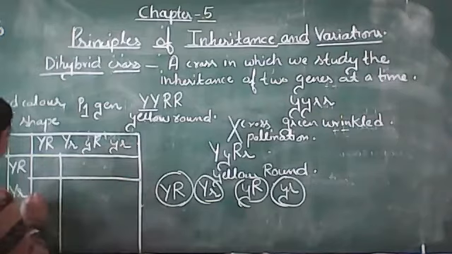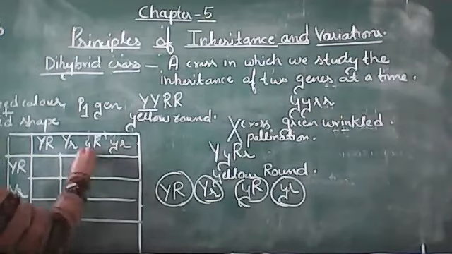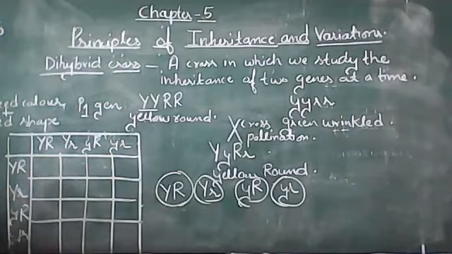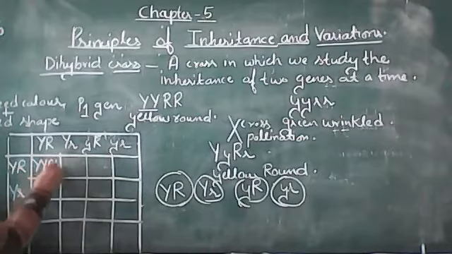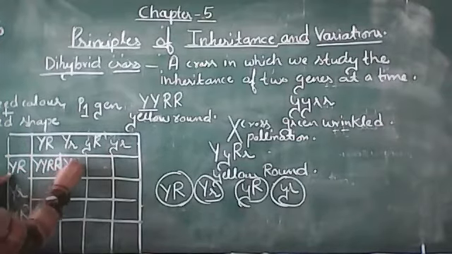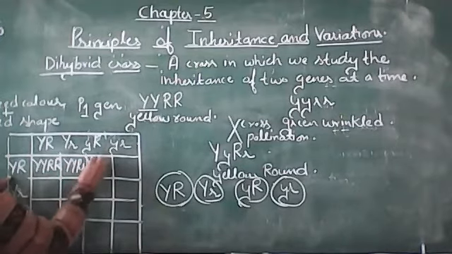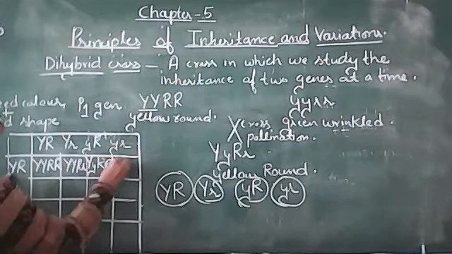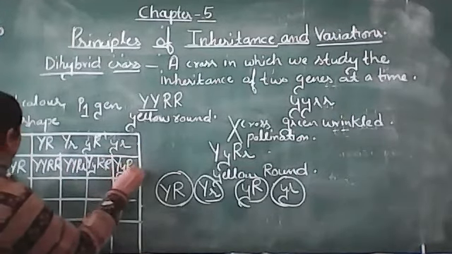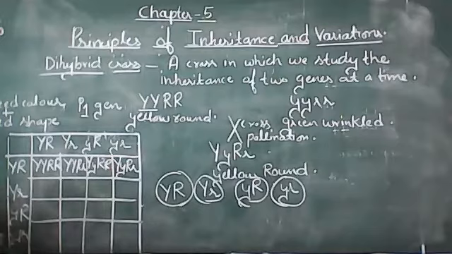So on the basis of these four allelic combinations, we obtain four types of genetic constitutions. One thing you have to keep in mind is to always write the similar types of letters together. So capital Y, capital Y, capital R, then capital Y, capital Y, capital R, small r, then capital Y, small y, capital R, and capital Y, small y, capital R, small r. Same thing we have done for the second, third, and fourth lines also.